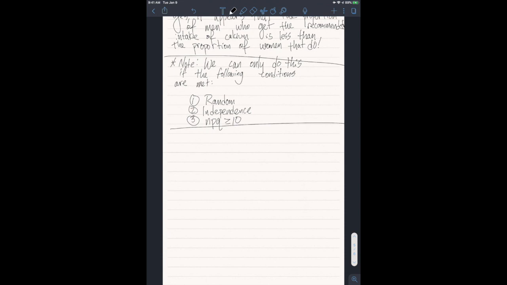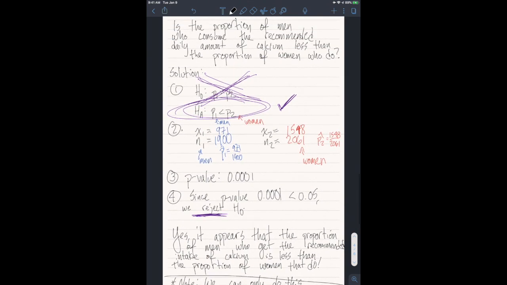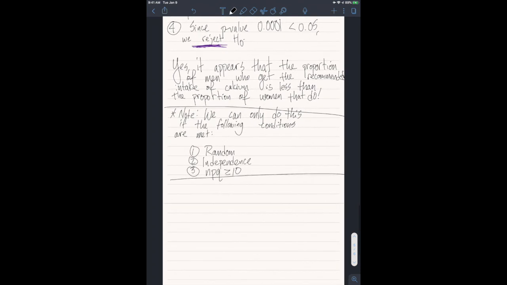At least they should. All right, so extending this idea of being able to compare 2 unknown parameters, if one's greater than, less than, or not equal to another, or if they're the same, for proportions can actually be extended into means as well. And I'm going to jump straight into that, which is 11.3, I believe. We're going to skip 11.2. 11.2 is for dependent samples, where your samples are paired up in some kind of way, which we're not going to do. We're going to jump straight to what's more likely the case in real life, more often than not, which is inference